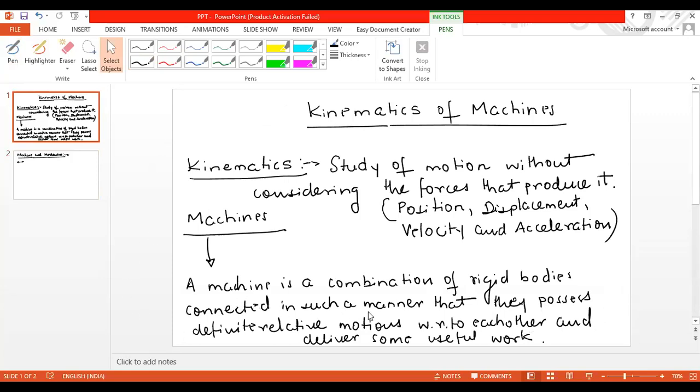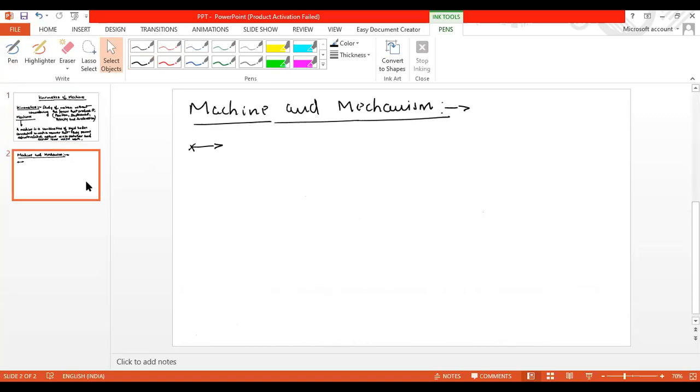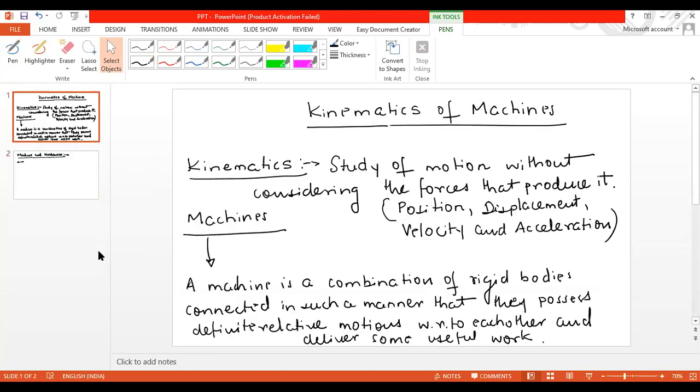Combination of rigid bodies connected in such a way that they possess the study of the relative motion of the individual rigid bodies would be... good, mechanism. So basically, if I need to define a mechanism, how can I define it? The definition of machine is already there. If you need to define a mechanism, you need to remove only this part, that is, deliver some useful work. If you remove this part from the definition of machine,